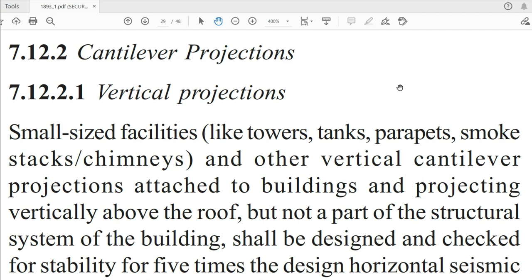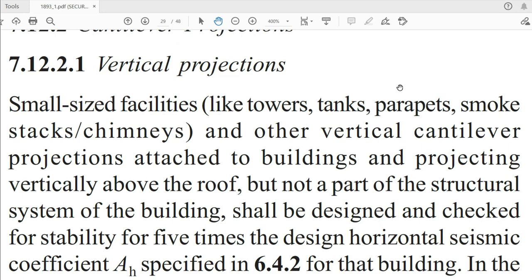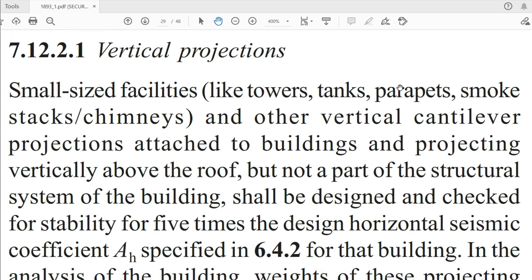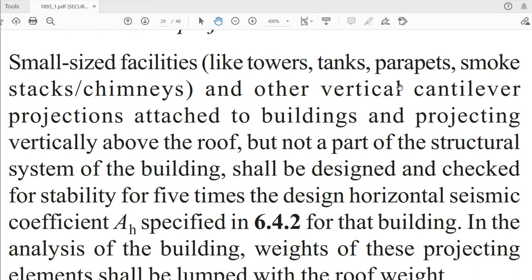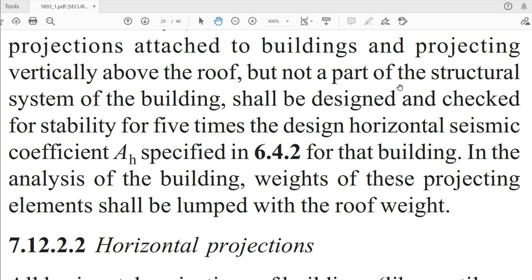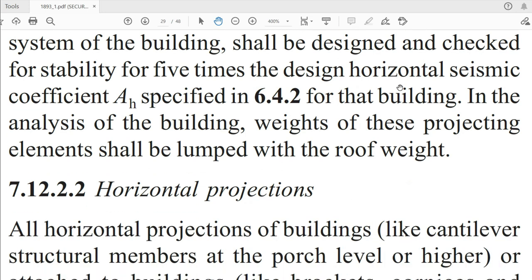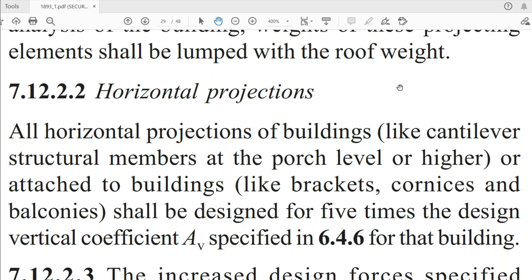So this is what is shown for our horizontal projections. In the same way, we can account for vertical projections also. In this case you have to multiply AH by 5 times. So whatever scaling was done in the response spectrum case for the X and Y directions needs to be multiplied by 5 times. In the same file you can make that change and run it, and you can pick up the cantilever members which have this effect.